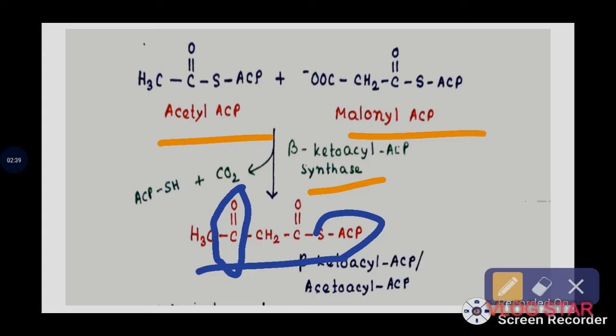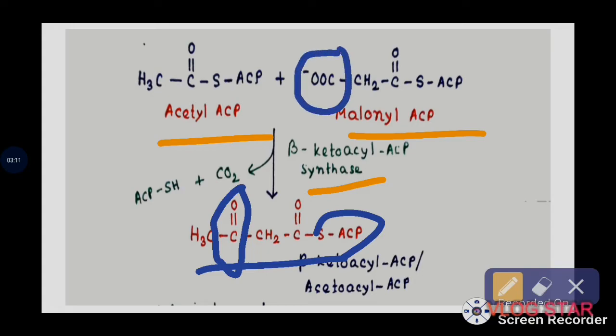So as it is combining two molecules, it is a condensation reaction. I have told you earlier that in car driver, C means condensation. So the first reaction will need an enzyme, that is synthase. So you can easily name the enzyme according to the product produced here. So beta ketoacyl ACP synthase, and you see that